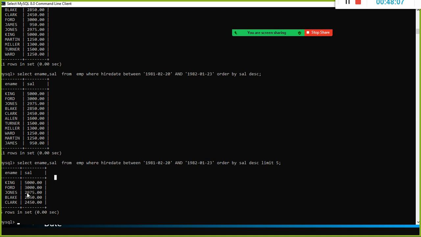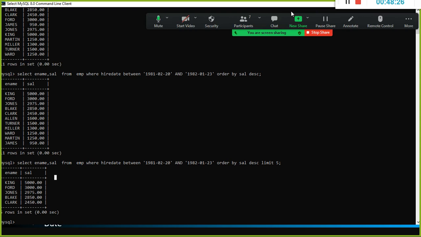Those kinds of questions they will be asking, and this starts with a simple one. Now you understood, right? Order by is used to sort the data, and DESC stands for descending order. Don't confuse it with describe. It is not describe. You remember when I type describe, DESC is nothing but the describe table structure.